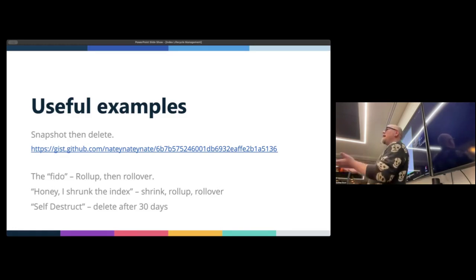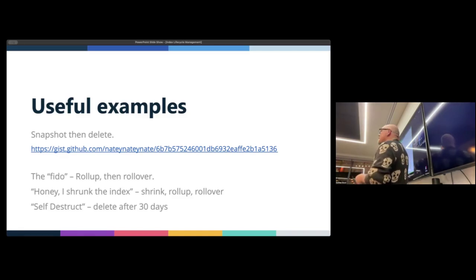So anyways, you could set up an alias that just says weblogs, and then have it point to the specifically named index for that, so that if you have software that writes to these, you don't have to change your software. You write to this alias that points to the index named for the year, month, day. So I call that the roll up, then roll over. You roll up those statistics and then roll over the index, so that the index behind the alias is actually a new one that represents the new day or month or year.